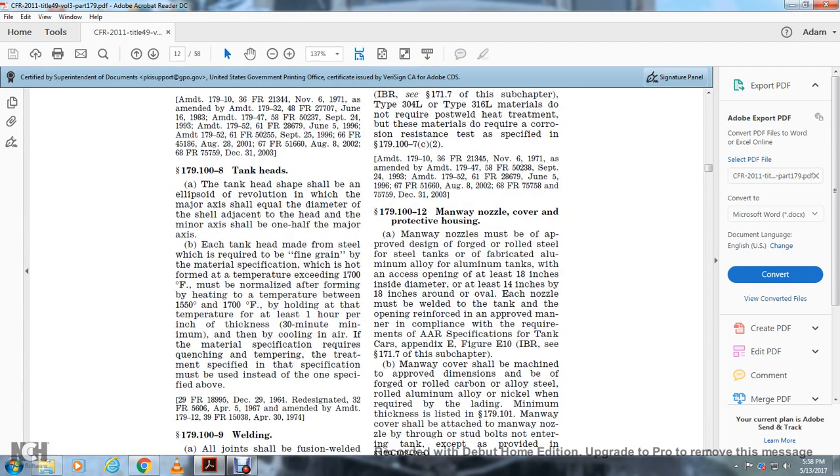179-108 Tank heads. The tank head shape shall be an ellipse of revolution, of which the major axis shall equal the diameter of the shell adjacent to the head, but the minor axis shall be one half of the major axis. Each tank head must meet the fine grain requirements of the material specification which is formed. Heads formed at a temperature exceeding 1700 degrees Fahrenheit must be normalized after forming by heating to a temperature